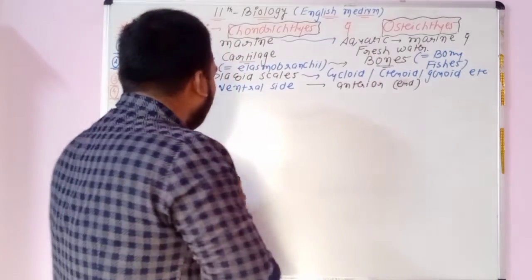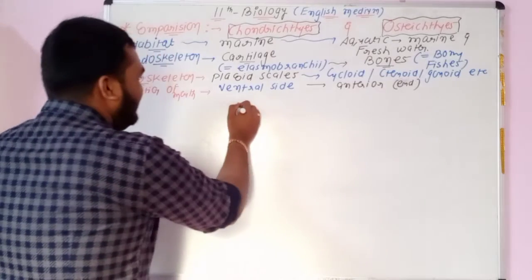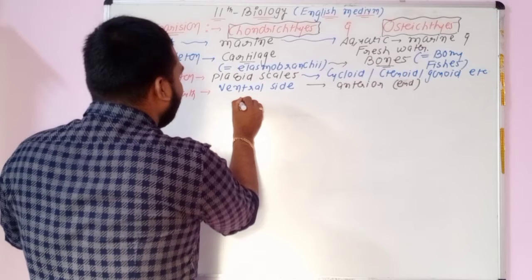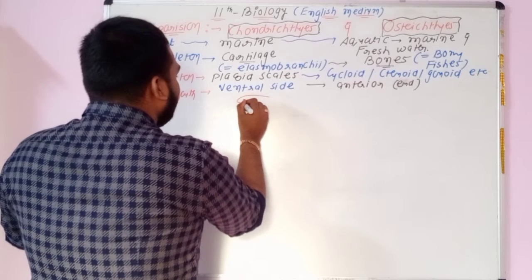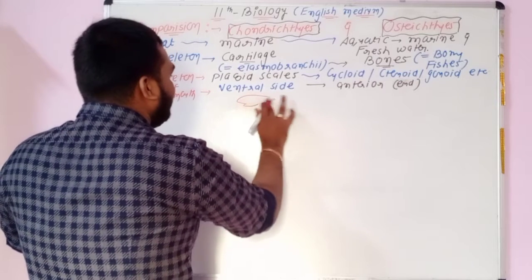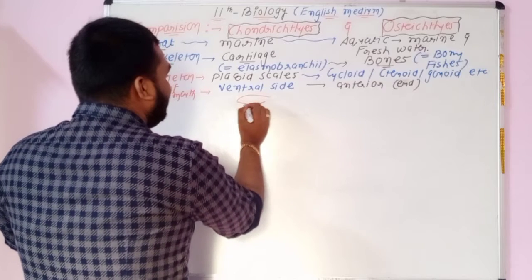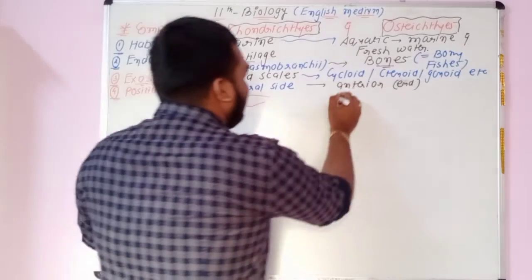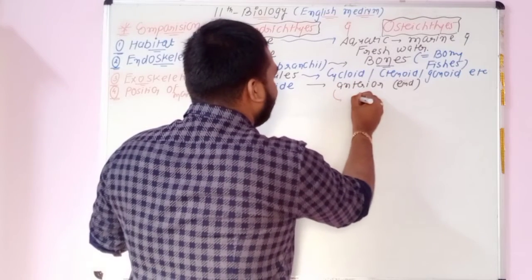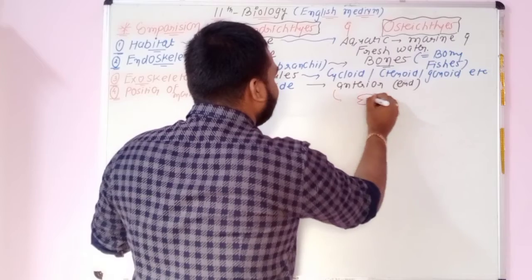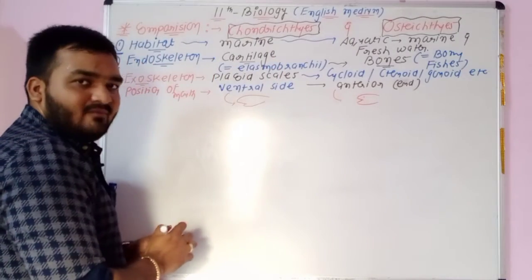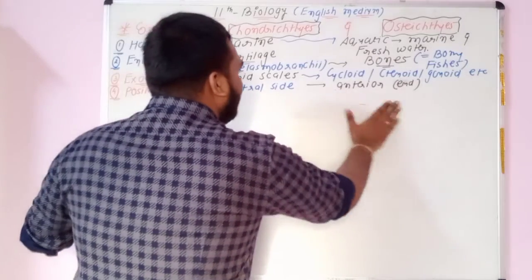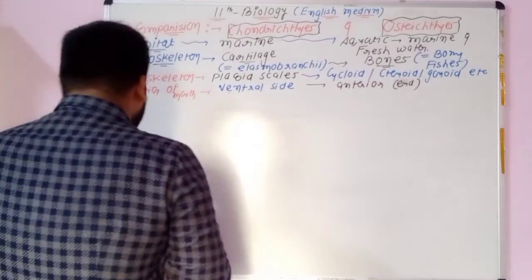Okay, see, if we are going to do the diagram, suppose this one is a shark, like this. So the mouth will be here, like this. Mouth is at the ventral side. Here we can say that the mouth will be at the anterior side, like this. Yes or no? Okay, it is just a diagram. I am drawing it this way because there is less space here, but you will remember the position of mouth.